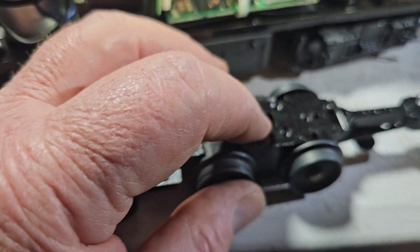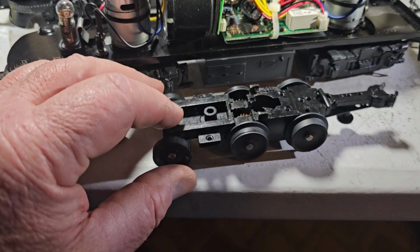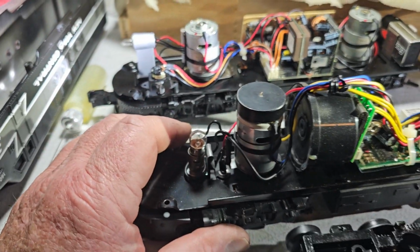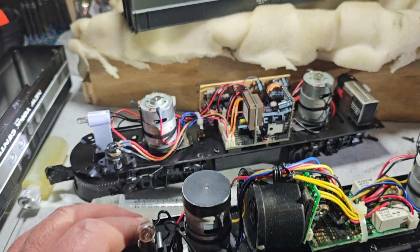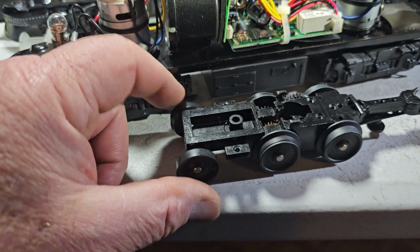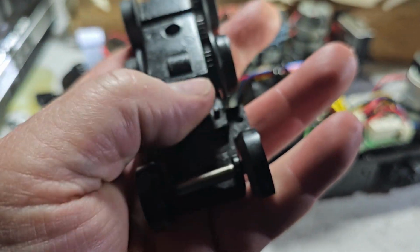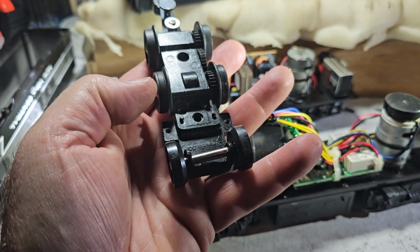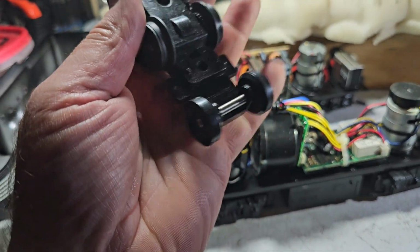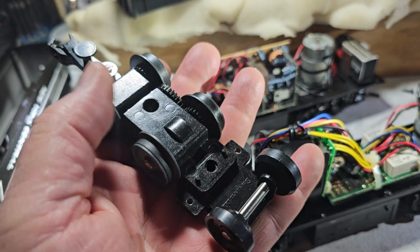And it'll have a slot like that where it can only go in one way, right? And that's the difference between the Williams and what I'm seeing on at least that Alco PA version from Lionel. This one here, by the way, had a very similar arrangement to this, right? And of course, the other thing I saw was the Lionel had more structure in the truck that supported that trailing axle. But also, like I pointed out in the prior video, the Lionel rimmed